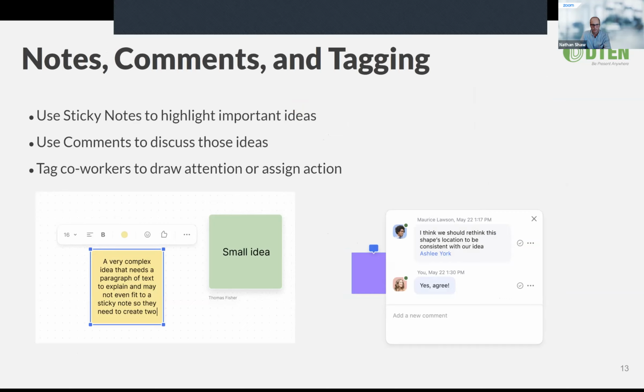Okay, so great. Sticky notes. A lot of this you saw, I'll just double click on it. Sticky notes are going to be used to highlight ideas, and you can tag people in them. We're looking at some creative ways, and this is NDA-type talk, at how you might capture a lot of text on a lot of sticky notes,